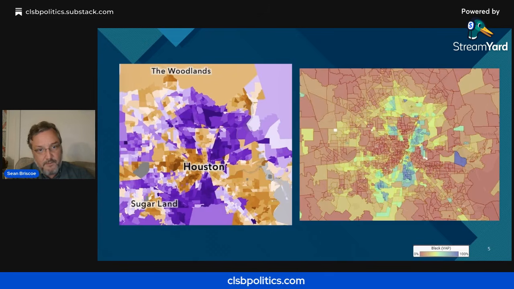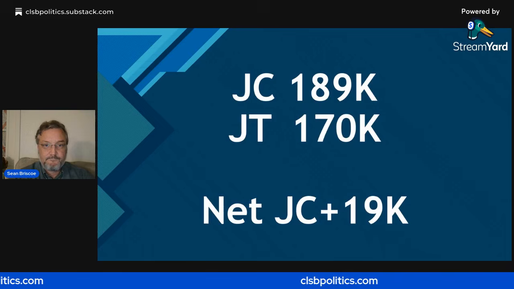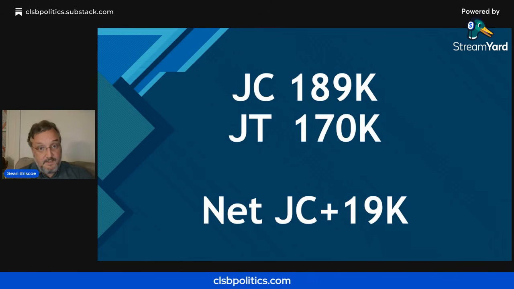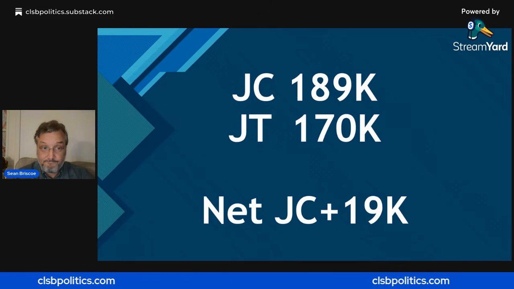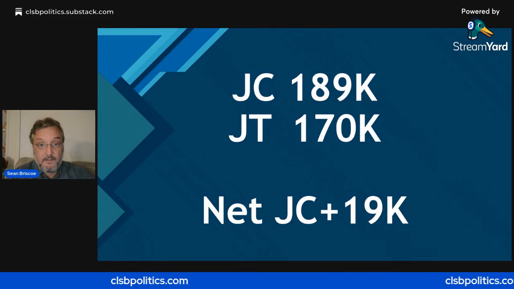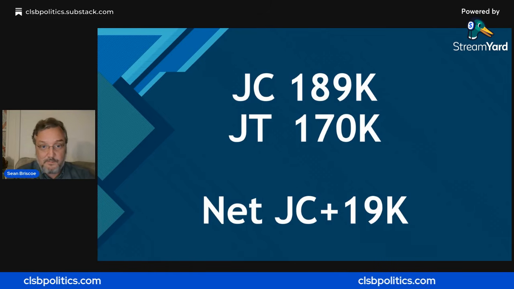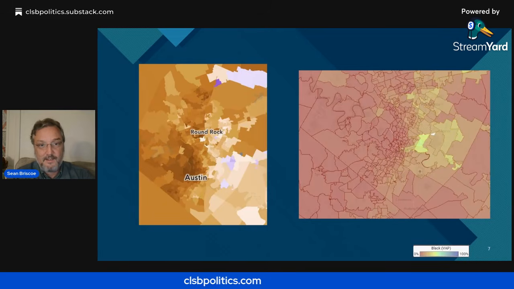Again, it almost perfectly matches up with the demographic map of Houston. So Jasmine won this county only by 19,000 votes. So it's almost a tie, really, like one city council race between Jasmine and Talarico.